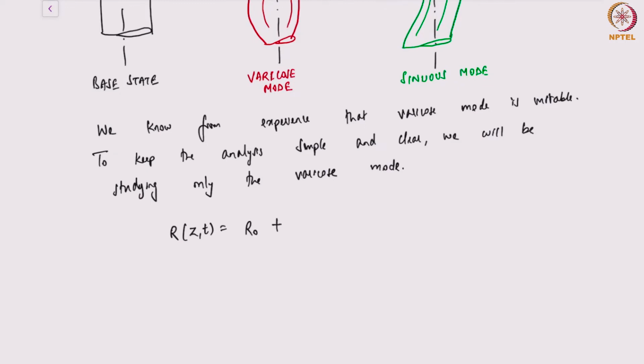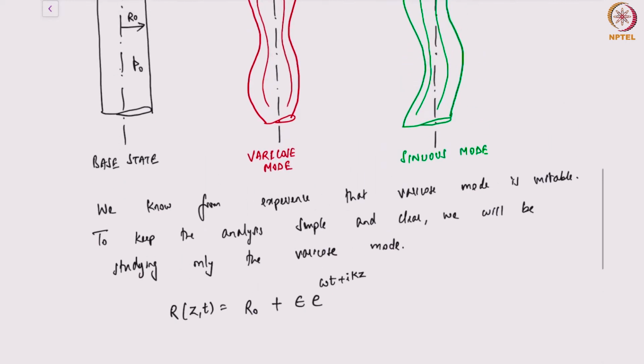Now the perturbation would have two parts. This is the amplitude of this undulation that I have introduced. The amplitude I'll call epsilon. Epsilon has units of length, times e to the power omega t plus ikz. I've done a couple of things here, and let me explain each of those steps